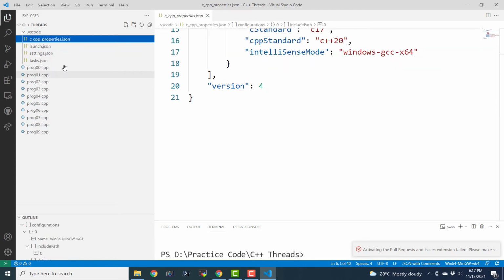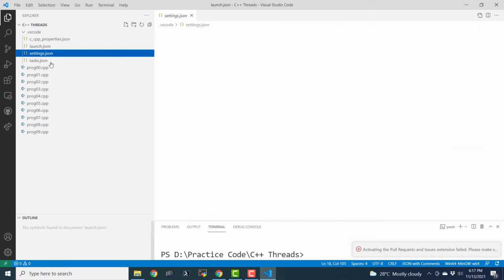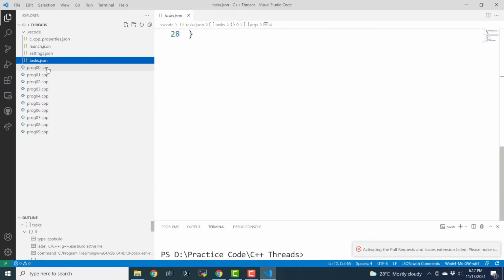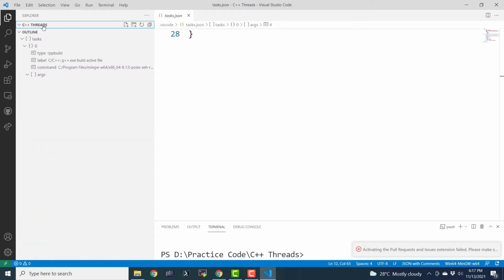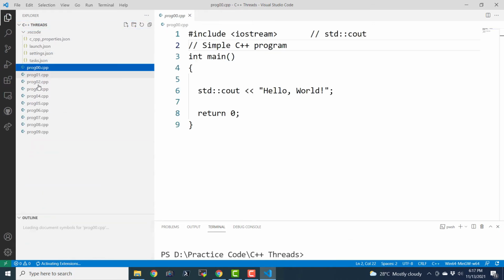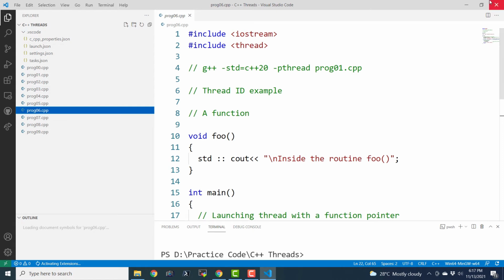So basically there are 4 setting files: c_cpp_properties.json, launch.json, settings.json, and tasks.json. And here in the master directory, we save all the programs. So this is how we can install and work with Microsoft Visual Studio Code IDE.